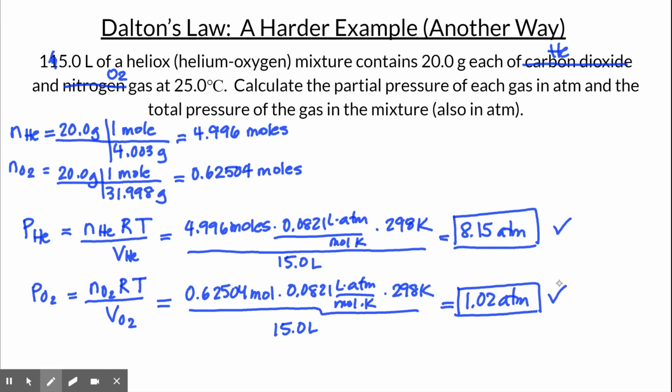So to get the total pressure, we're just going to add up the individual partial pressures together. So 8.15 plus 1.02 gives you 9.17 atm, which would be all of the answers that we got in the previous strategy. So use whichever one of the two strategies works best for your brain. Now, where this